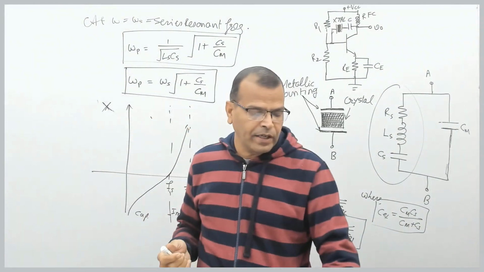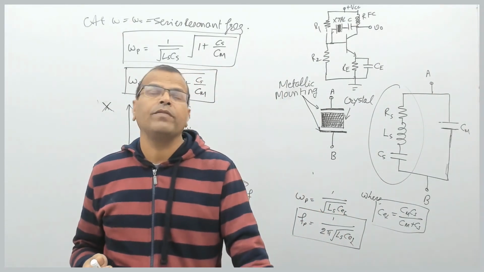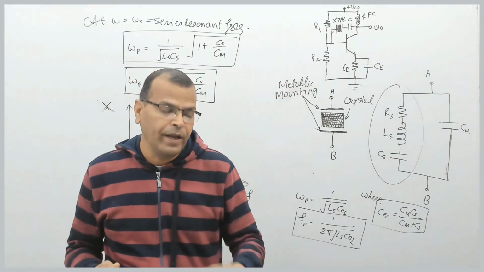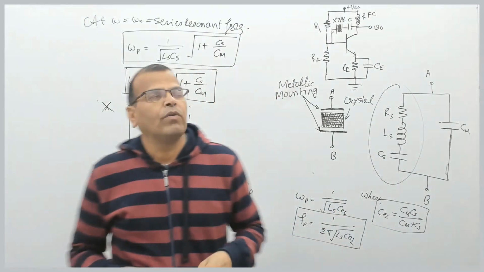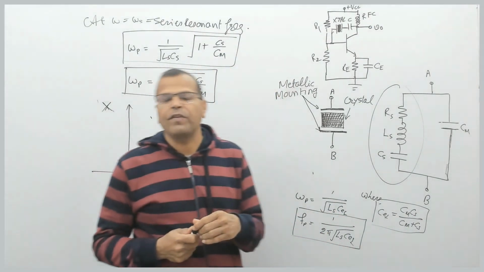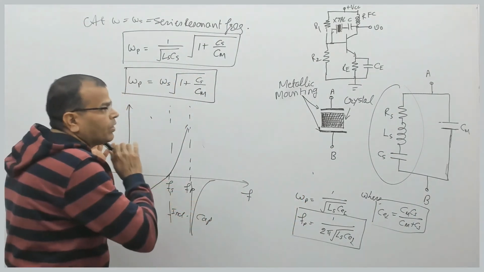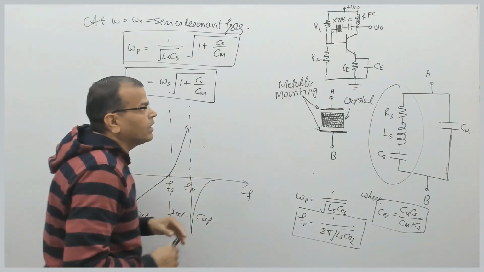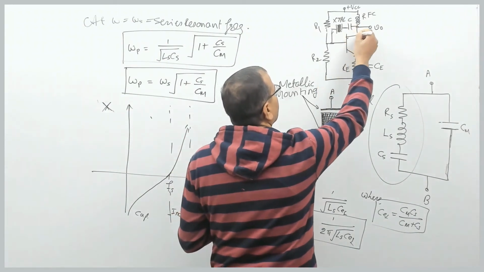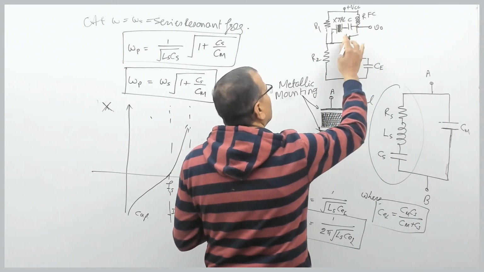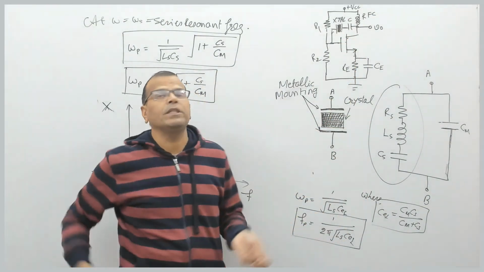And the quality factor of quartz crystal, or quality factor of crystal oscillator, is very high, and this gives a very narrow range of frequency. Remember, when you have the condition of resonance, the frequency range is very small. So this covers your crystal oscillator in general, right? Here we can have the oscillator based on MOSFET as well. The only thing is replace BJT by MOSFET. That will be the only change, otherwise the circuit remains similar.